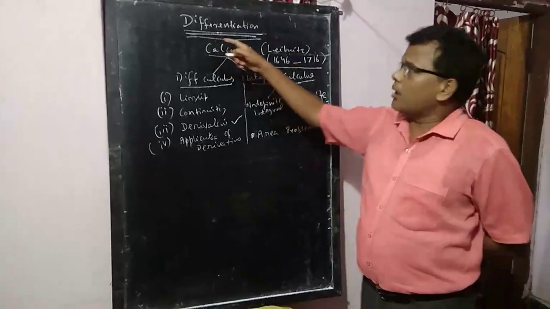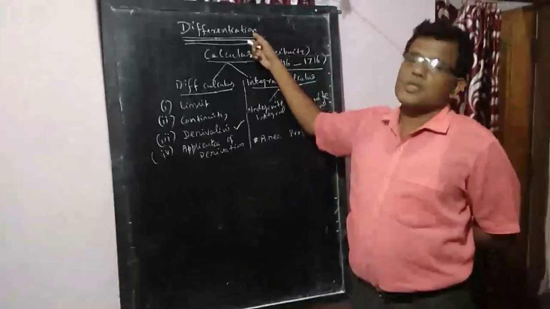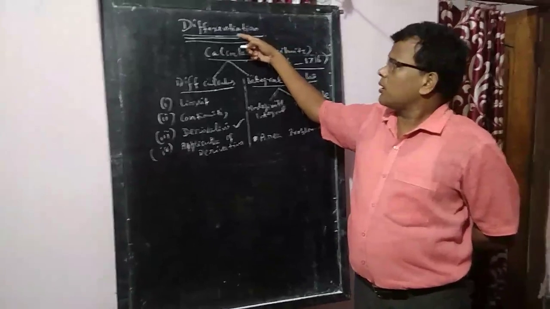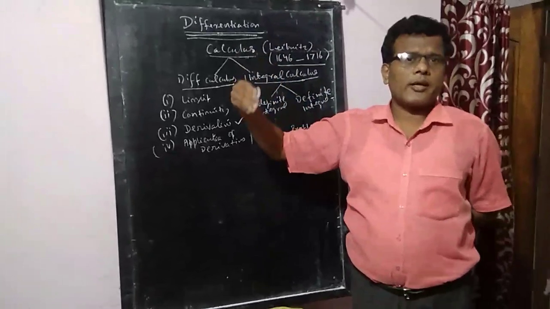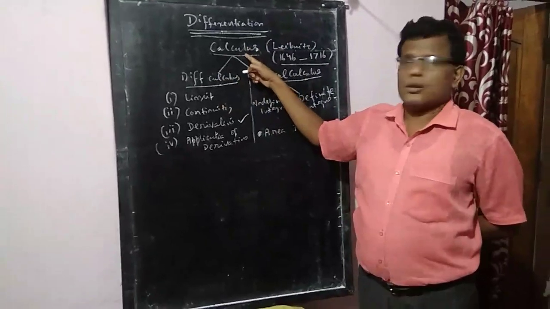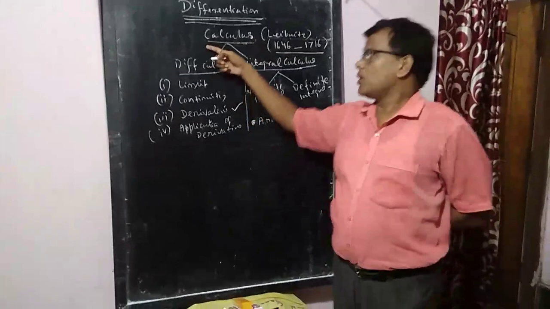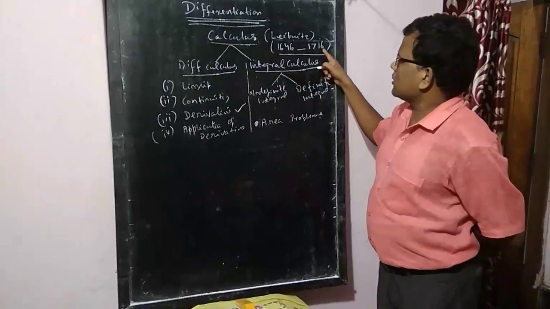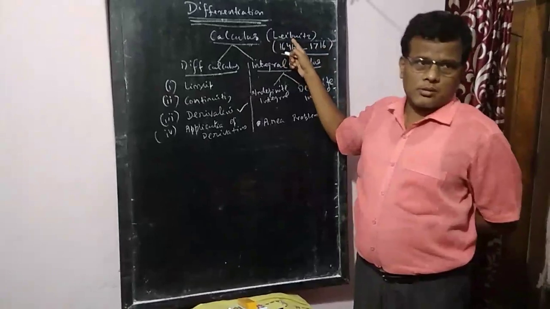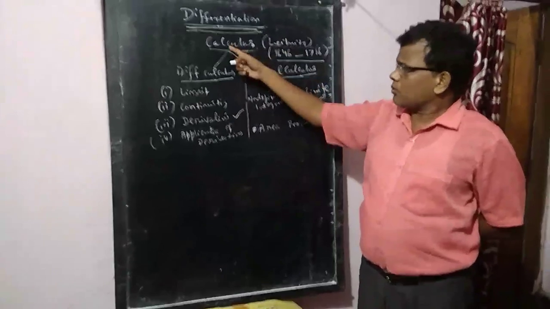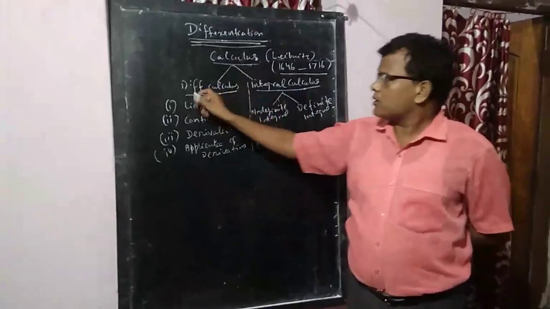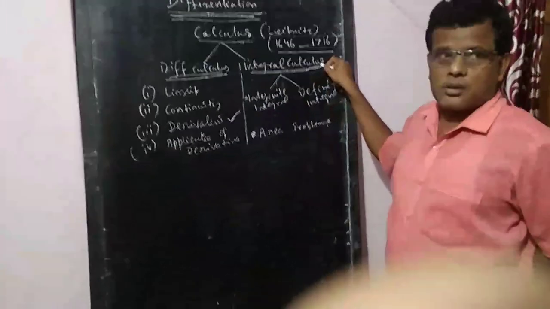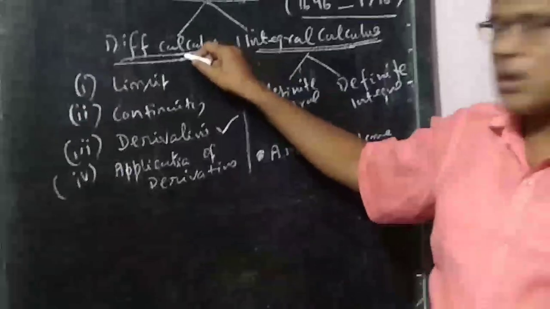Today our topic is differentiation. Before that, let us discuss the idea of calculus. Calculus was developed during 1646 to 1716 by Leibniz, and it is of two types: one is differential calculus, and another is integral calculus. And this differential calculus